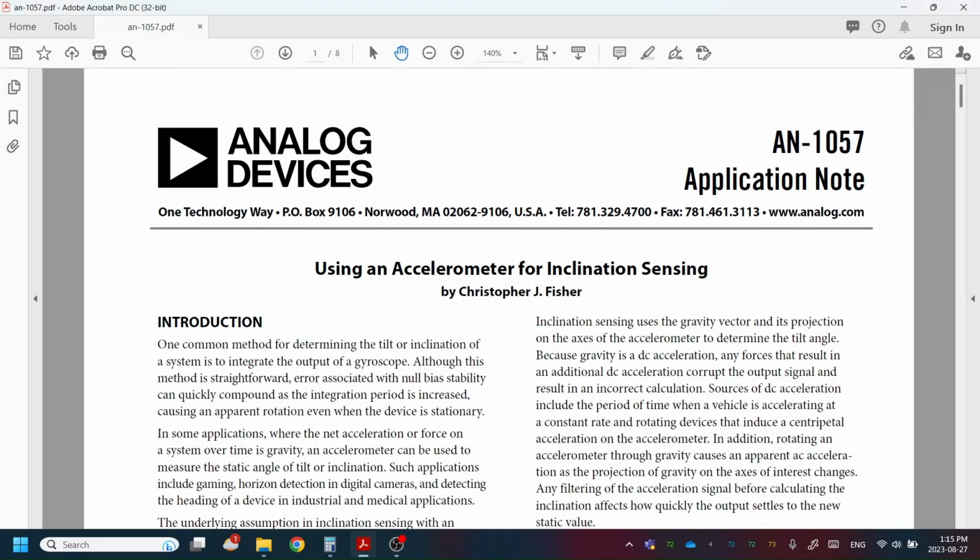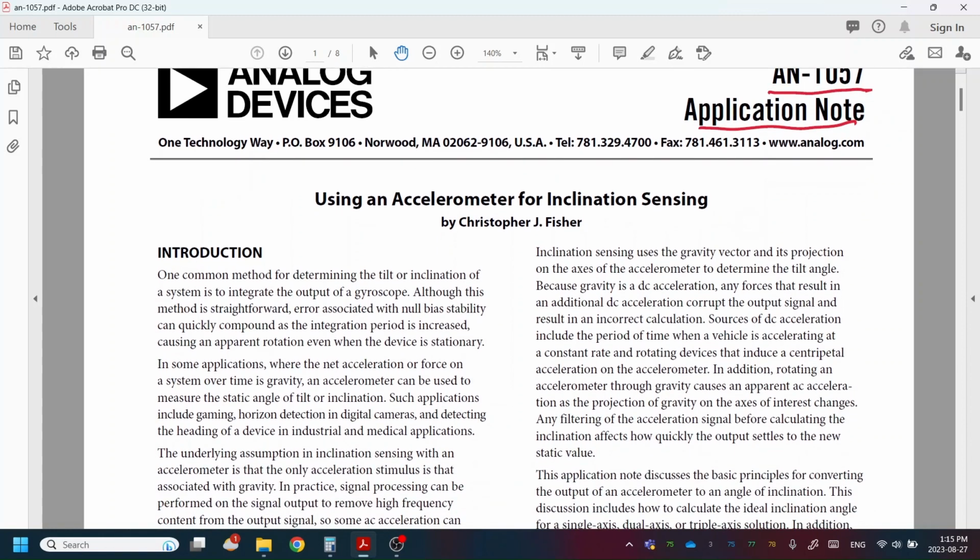This is the read application notes together. This time we're going to read together these application notes from Analog Devices. It's AN-1057. Basically, it's an application note about how to use an accelerometer for inclination sensing to measure the tilt angle